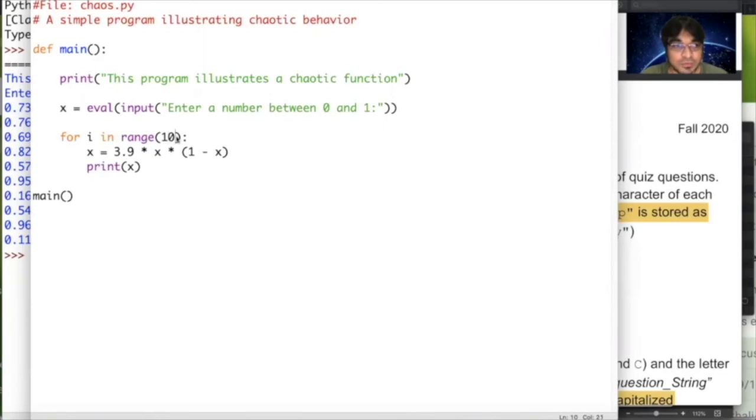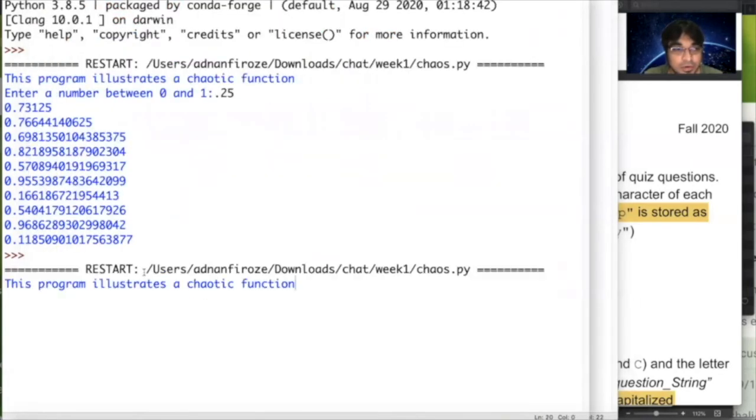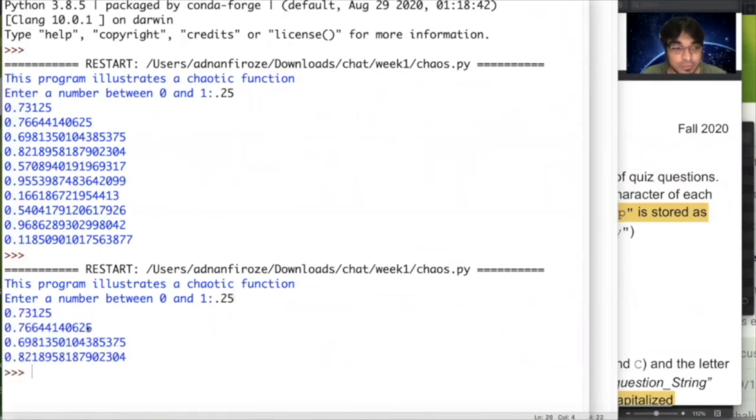So what if, just as an experiment, we want to print 4 numbers. Let's change the 10 to 4. Save it. Run it again. Let's do 0.25 again. You see, we have only 4 numbers.